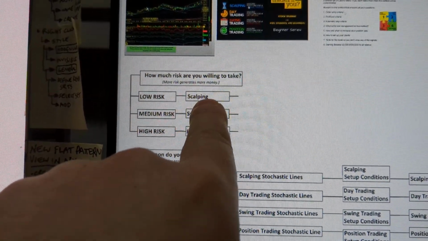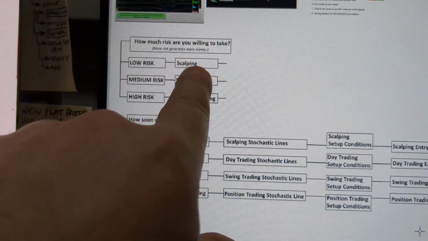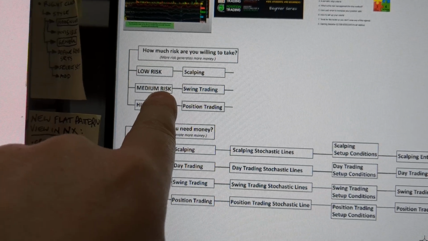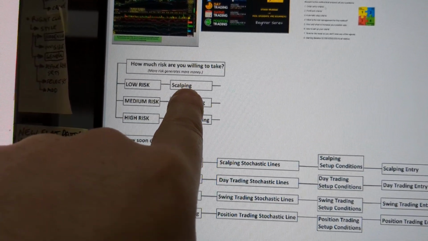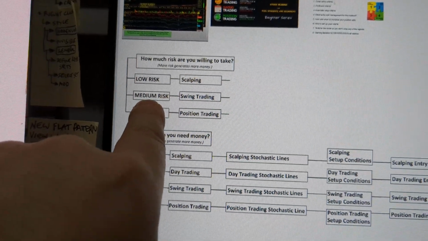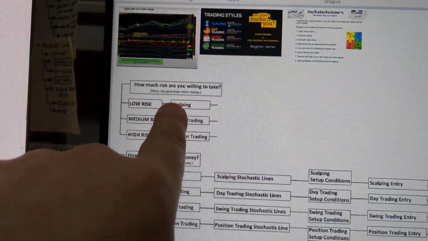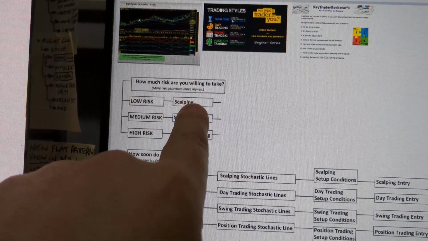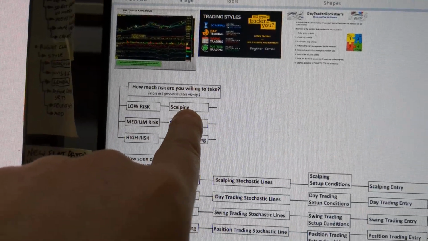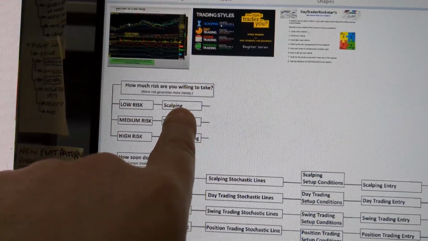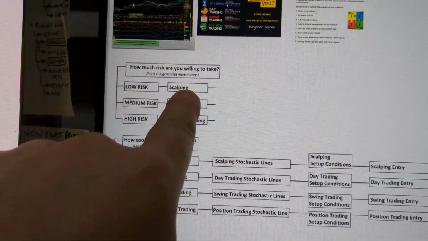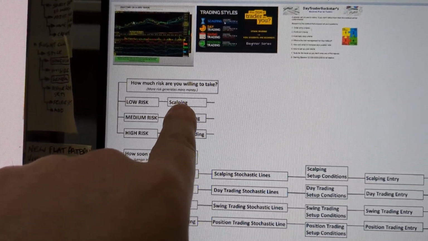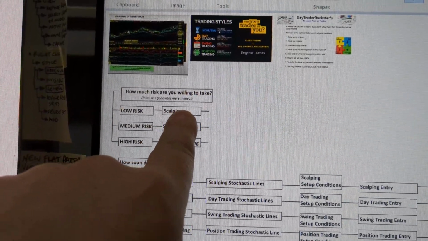This low risk is going to be swing trading, or sorry, trend trading. I already screwed that up. I forget what it's called. It's just basically like normal, some fancy word for normal investing. Like you put in money, when it goes up, you make money. If it goes down, you lose money basically. That's not scalping. It's some other word I can't think of. And then